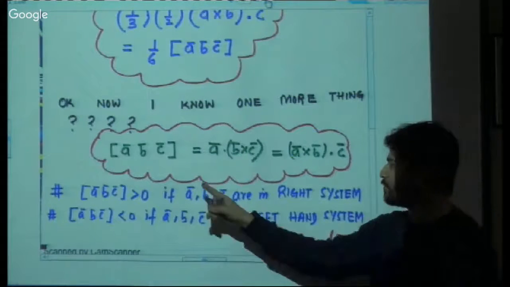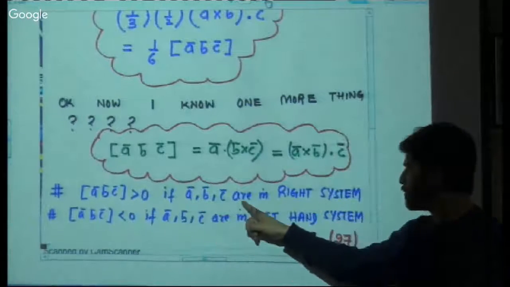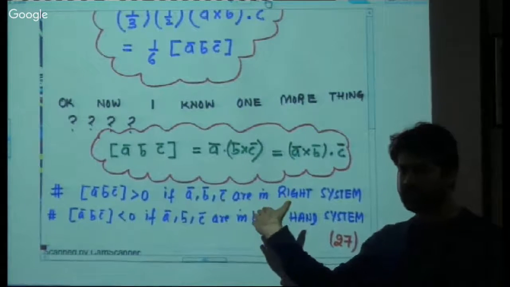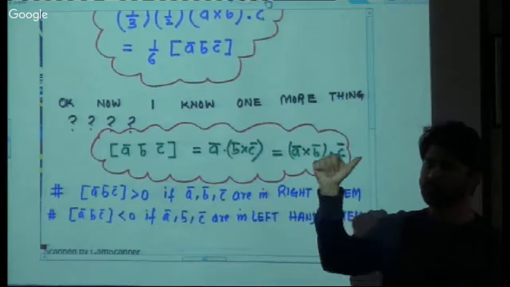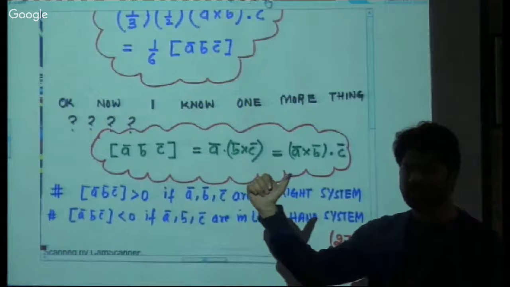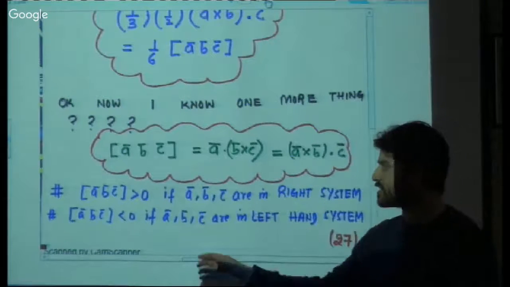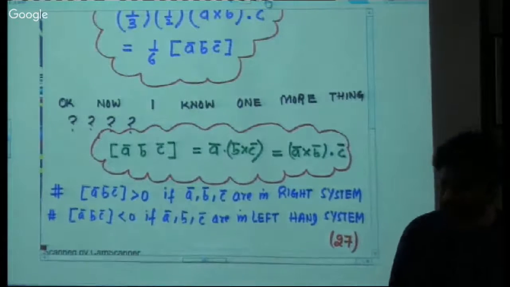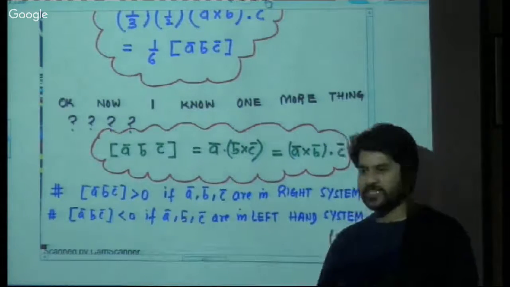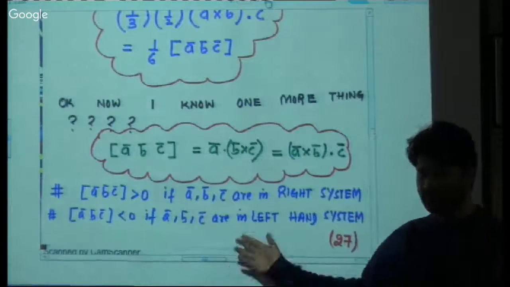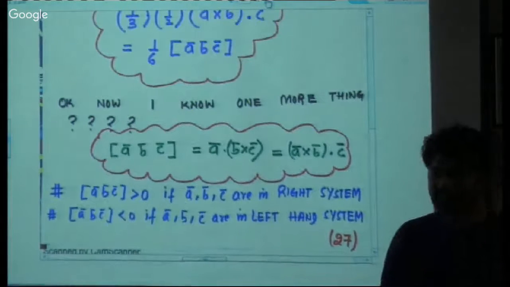तो right hand system में [A B C] is positive and A, B, C are in right hand system. When I say right hand system, you understand? A से आप B की तरफ curl करते हो, you get the C. This is the right hand system. जब भी ये system follow करोगे, the volume will always turn out to be positive. और left hand system follow करोगे means opposite of this, मतलब इसको जरा सा भी तोड़ोगे, change करोगे, so it will get negative. So I can say